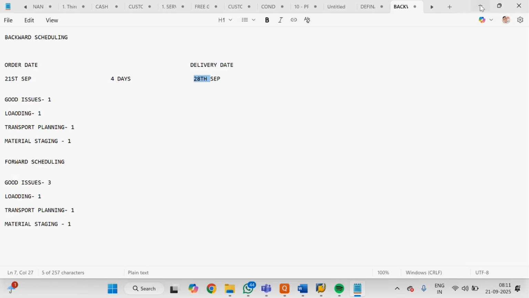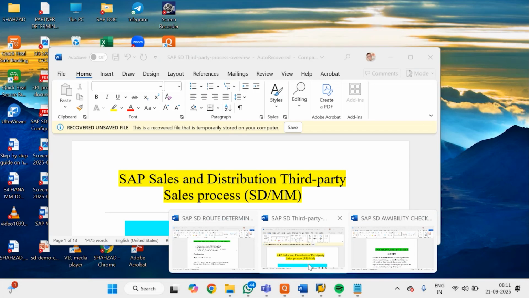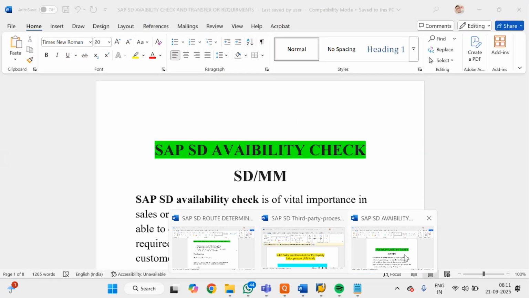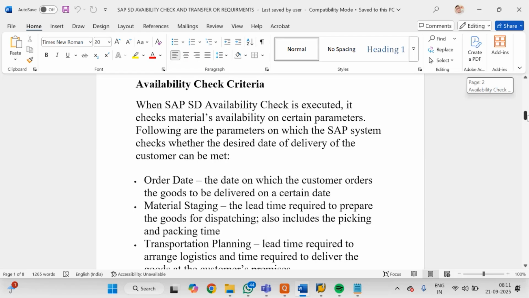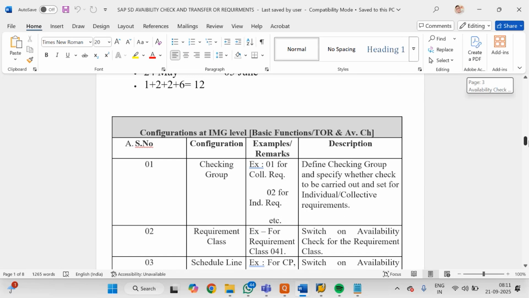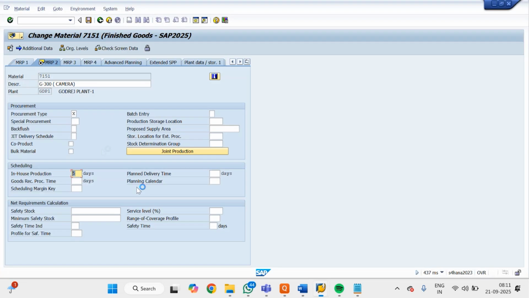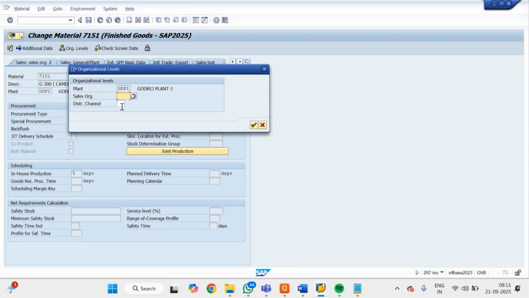ठीक है, अब इसके लिए क्या क्या कॉन्फ़िगरेशन, विल सी। सबसे पहले कॉन्फ़िगरेशन इन मटेरियल अवेलेबिलिटी चेक, ये हो गया ऑर्डर डेट, ऑर्डर इशू डेट, ट्रांसपोर्ट डेट, जो हमने अभी डिस्कस किया। चेकिंग ग्रुप, चेकिंग ग्रुप में व्हाट काइंड ऑफ रिक्वायरमेंट, डेली रिक्वायरमेंट, इंडिविजुअल रिक्वायरमेंट, है ना। वी हैव ए विच रिक्वायरमेंट, डेली रिक्वायरमेंट और इंडिविजुअल रिक्वायरमेंट।